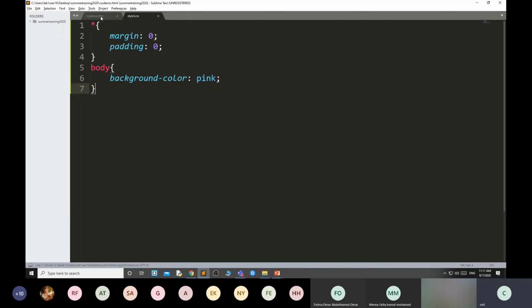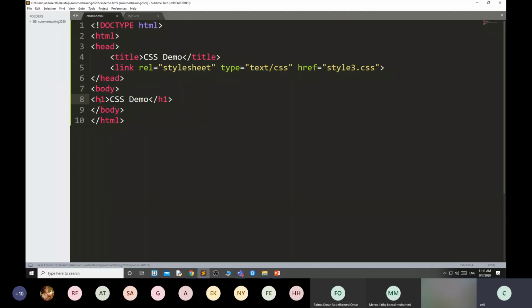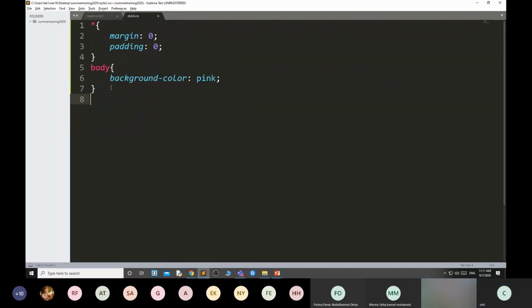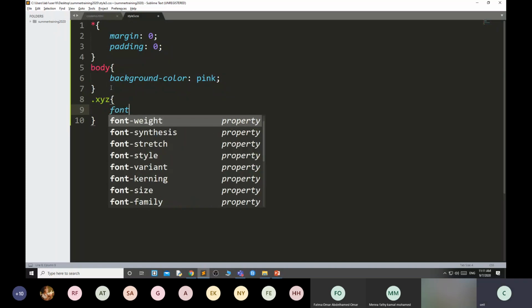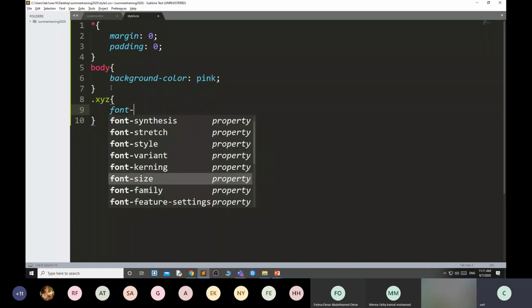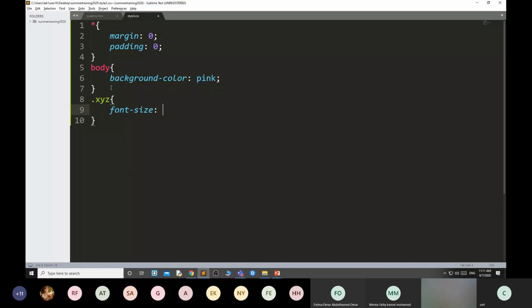Then class selector. What is a class selector? Suppose here I have used one class, XYZ. Now I am going to style this using this class, like .xyz font size 5em.